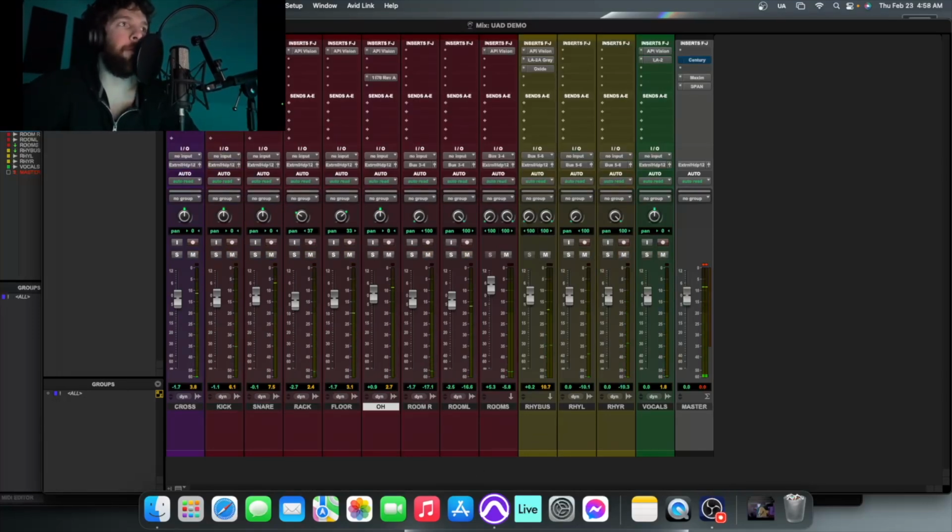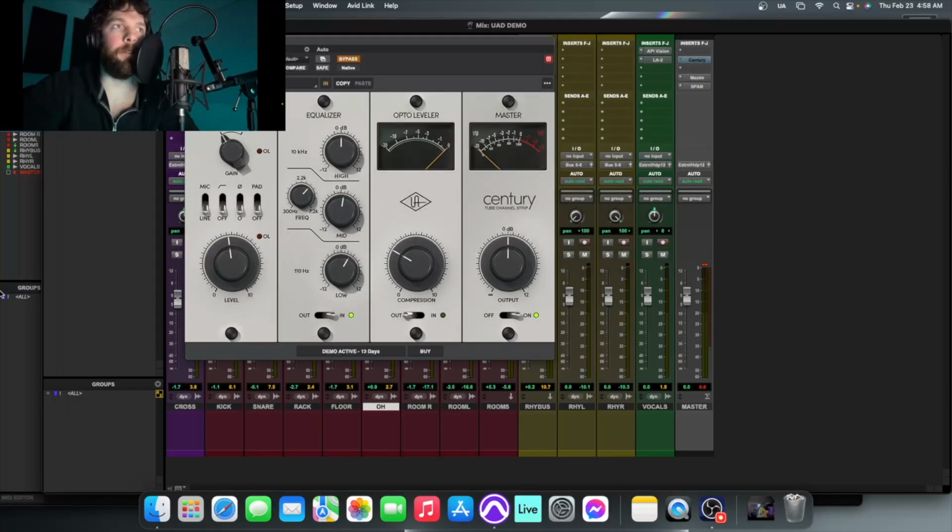All right. So the last thing I wanted to pull open is this Century Tube channel strip, in terms of expenses lower on the level. So if you're looking to get into Universal Audio,